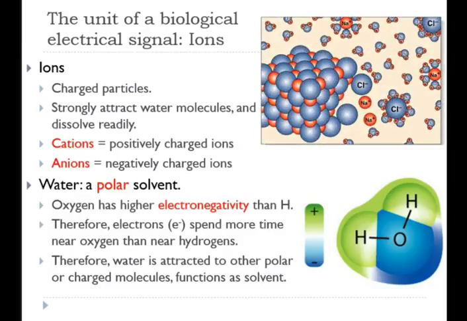As I said, cations and anions will interact very strongly with water molecules. And the reason is that water, while not itself charged, is a highly polar molecule. So when you look at water, we all know water is H2O. So that means it's got two hydrogen atoms and an oxygen atom. The oxygen atom has very strong electronegativity, which means electrons are highly attracted to oxygen, whereas hydrogen has much lower electronegativity and therefore is not as attracted to the electrons. This is a covalently bonded molecule, which means that electrons are freely flowing from one atom to the next, and they're circling all around them,